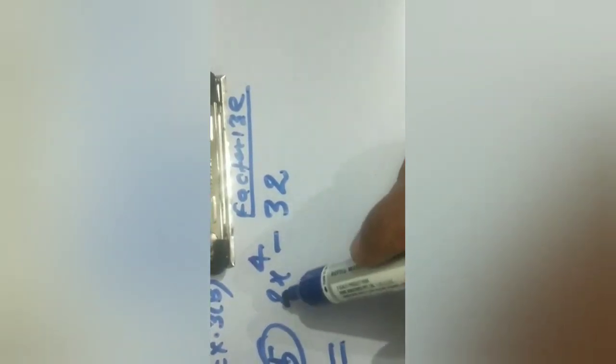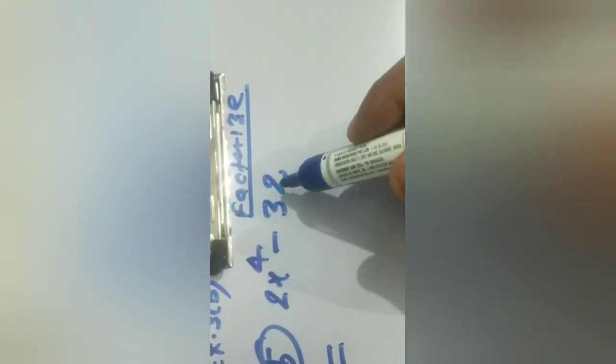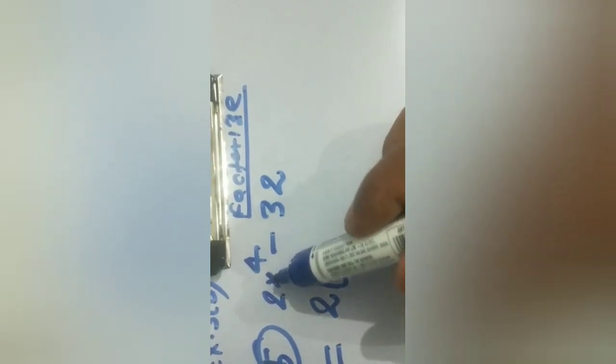First see whether something is common in both or not. If a common factor is there, then you have to take it out. So you can see 2 is here and 32 is here, and this 32 is divisible by 2. So 2 is a common factor. So take 2 as a common factor. Then you have to put the bracket and write here a big bracket. Then what will be left? This 2 will be divided by this 2, then x power 4 will be left here. So write here x to the power 4. And when 32 is divided by 2, it will be 16.